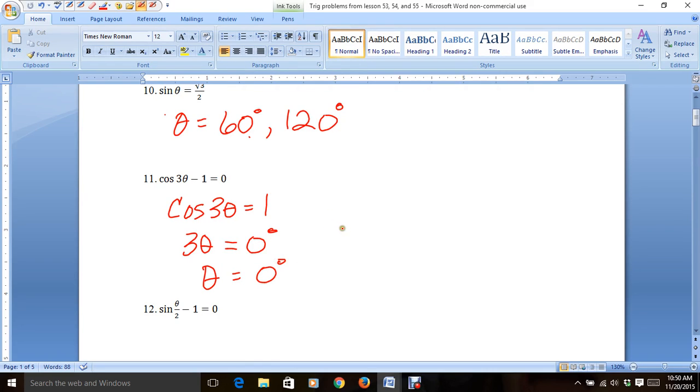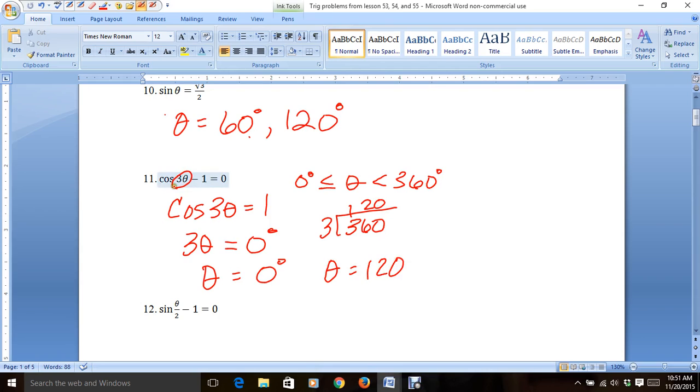But there are other choices now because 3 theta has to be between 0 degrees and 360. So 3 theta could be between 0 and 3 times 360. So we have to look at other possibilities. So what we do is we look at the argument, and that's 3 theta. So what we're going to add to what we got is 360 divided by 3. So we'll add 120. So it should also work at theta equals 120, because when theta equals 120, 3 theta